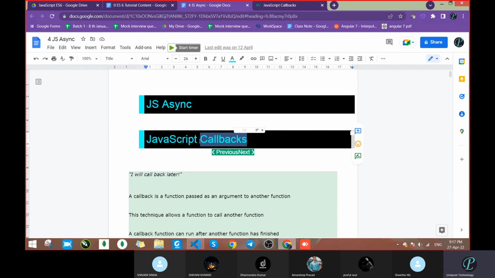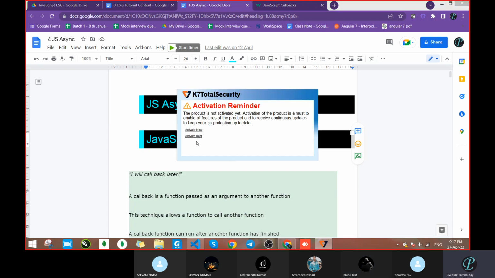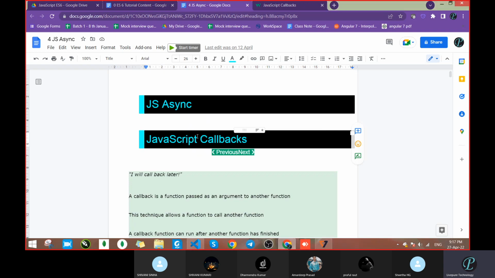What are you getting? Please just speak. Yeah, callback means you are going to call someone back, to come back. Correct? It is like this. It means you call back whenever somebody has called. Suppose you are going to the market, and during that time somebody calls you, then you will return back. So that is the case with callback.